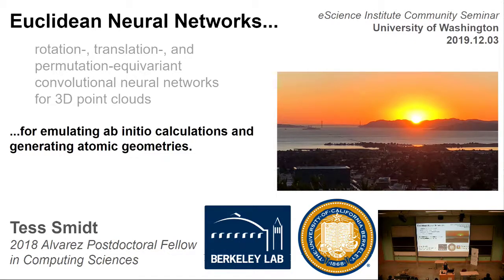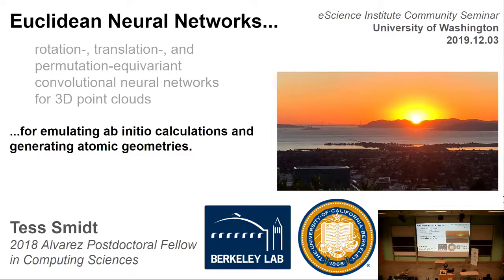So the tagline of Euclidean Neural Networks is rotation, translation, permutation equivariant convolutional neural networks for 3D point clouds. I thought that might scare away some of the people I most wanted to come to this talk, namely people working in the physical sciences who want to speed up their simulations and calculations or enable new capabilities in their field by using a neural network that's custom tailored for their application. So I hope you don't mind the mild deception of the title, but there will definitely be a discussion of the applications, but I also want to dive into the details of how these things work.